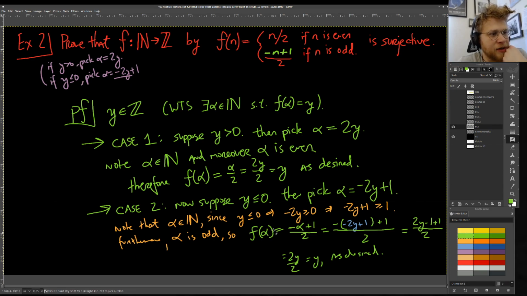For either case that we're in, these are the only two, a clear divide of all the possible cases that y could be. Either it's going to be greater than 0 or it's not. In this case, we're able to pick an alpha that will reliably be in the domain and map to this value of y. In the second case, we're able to pick an alpha that is definitely in the domain, and it will reliably map to this value of y. Because our choice of y was arbitrary, we're always able to find an alpha that maps there, and therefore,